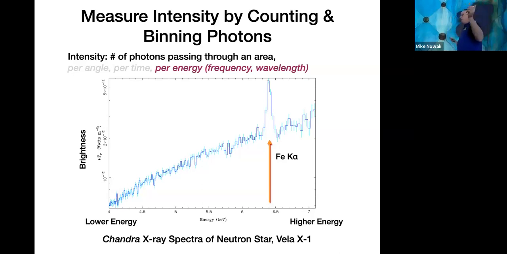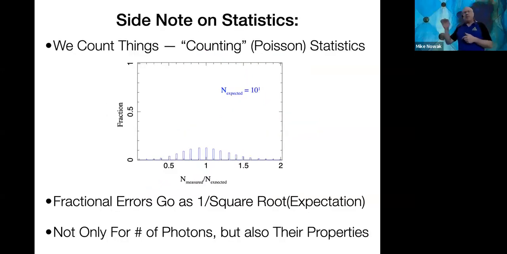The width of that line that you see there is not due to the intrinsic width of the line, but instead is due to what our detectors can do. So this is a charge coupled device, a CCD detector, kind of like in the back of your cell phone. That's the best we can do. I'm going to be talking today about current detectors and future detectors that can do a better job on measuring these properties. Now, I'm going to give you a little bit more math, and this will be kind of the end of the math today, just to have an idea of where these widths are coming from.